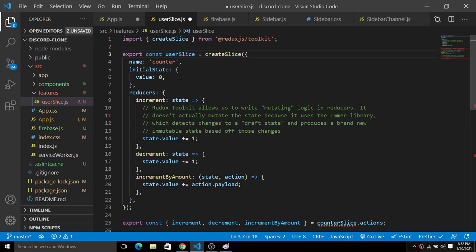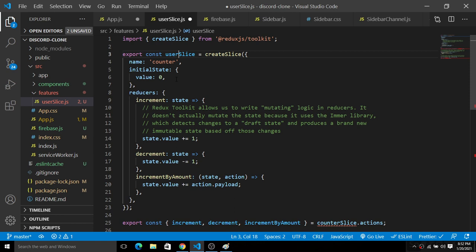Okay, after that, inside of this user slice we are going to create two functions: a login function and a logout function. We are going to store the state for the user when the user logs in, or simply dispatch all the information that we will get after authenticating the user.